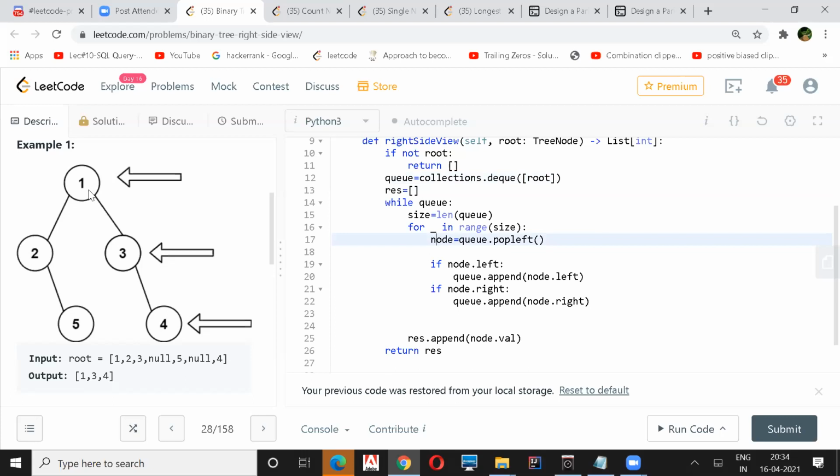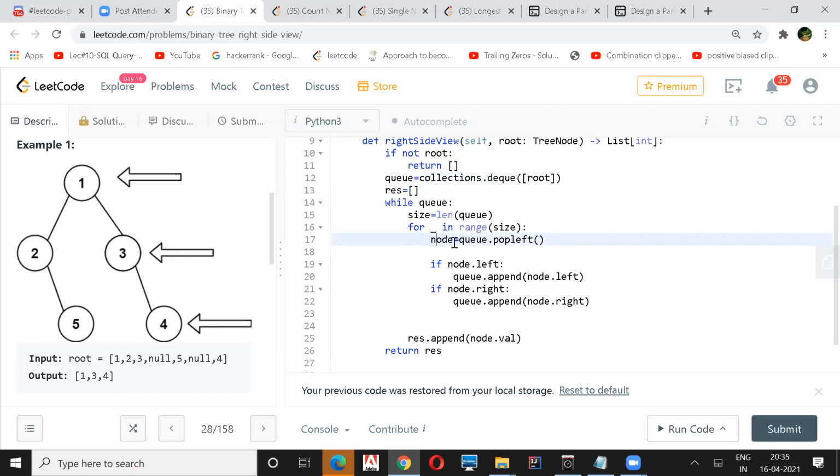Since at this level you have only one, once you come out of the for loop you add one to your result. Now in our double-ended queue two elements are there at this point, because 2 and 3 we have pushed.